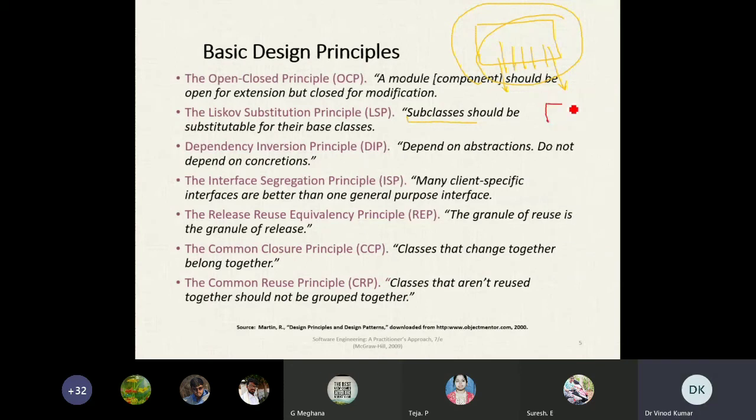Suppose you have one class, you can name it B, and we have some other classes. So we can inherit the property of B into these.